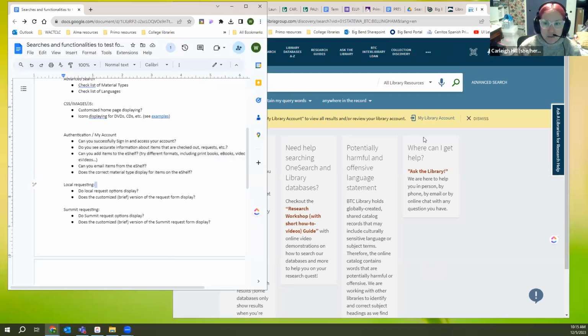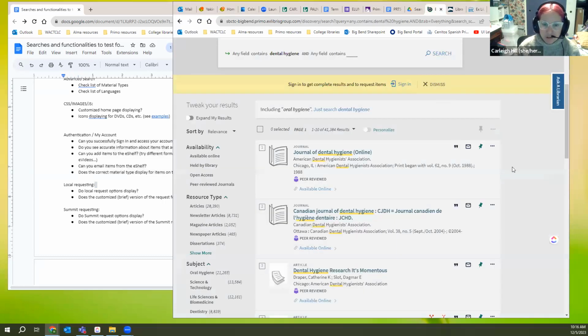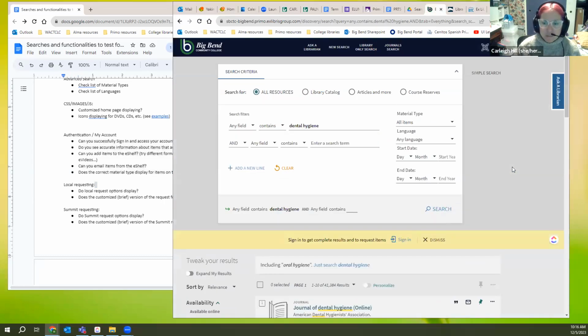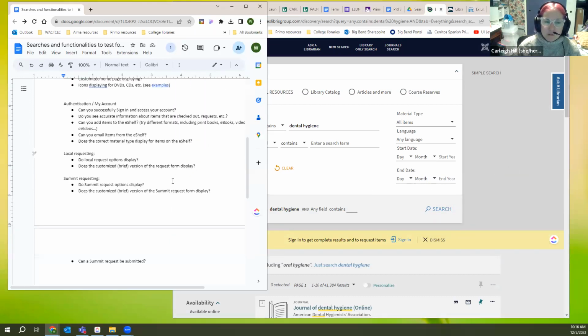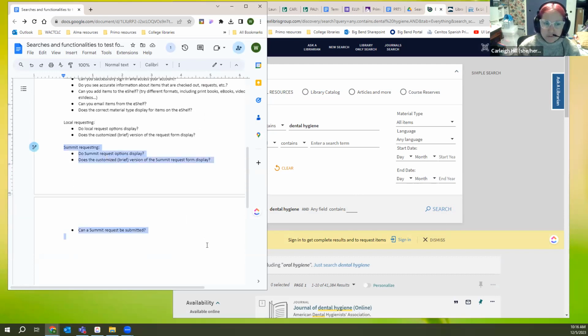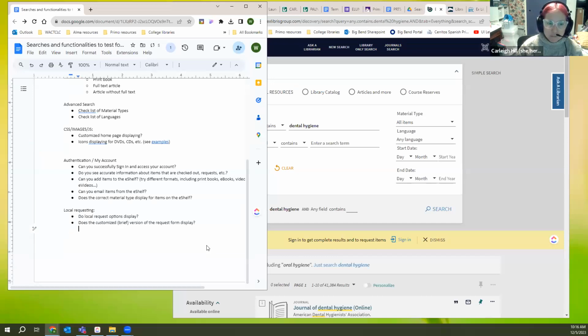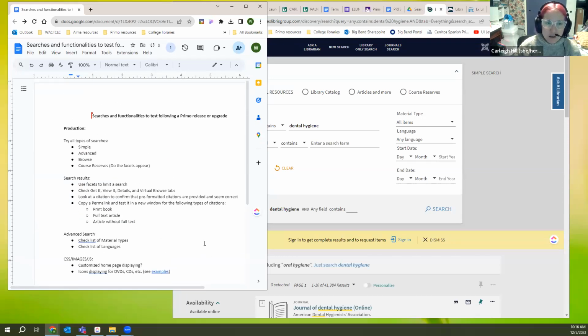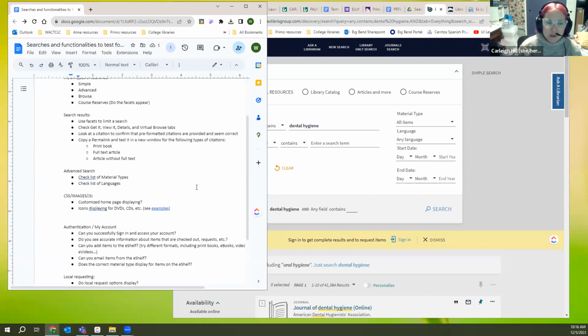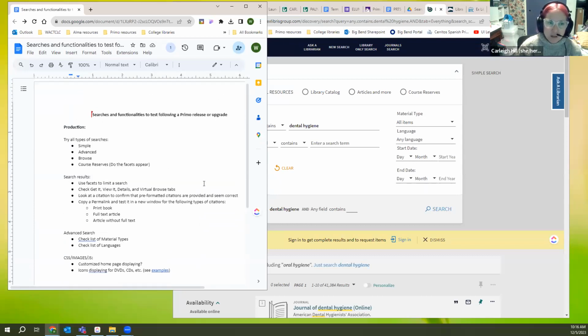Anyway, now that we've completely diverged. But checking this page, checking that you can sign in, any of the features that you have active in Primo, that they're working, that requests are working, if you have that set up. We don't have some requesting. So this is their very basic Orbis Cascades basic